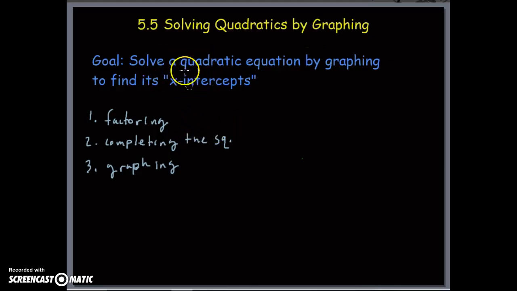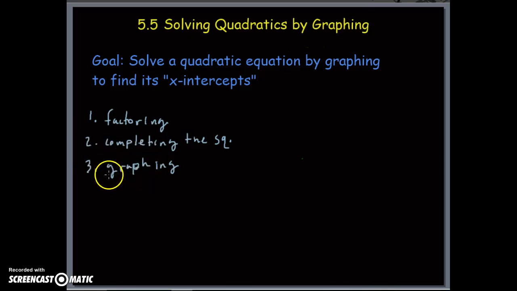Today's video is lesson 5.5, solving quadratic equations by graphing. Our goal today will be to solve a quadratic equation by graphing to find its x-intercepts. This is the third method that we've learned in which we can solve a quadratic, and just like the completing